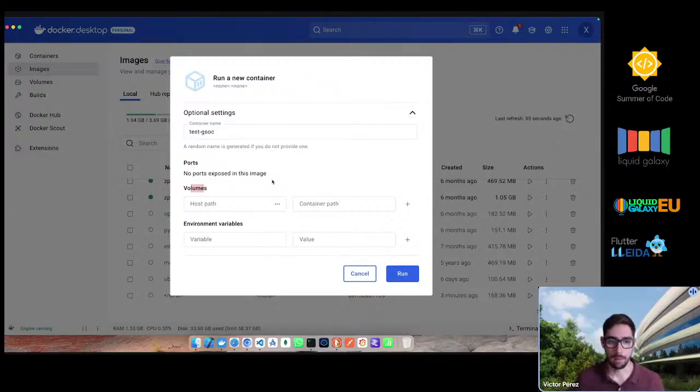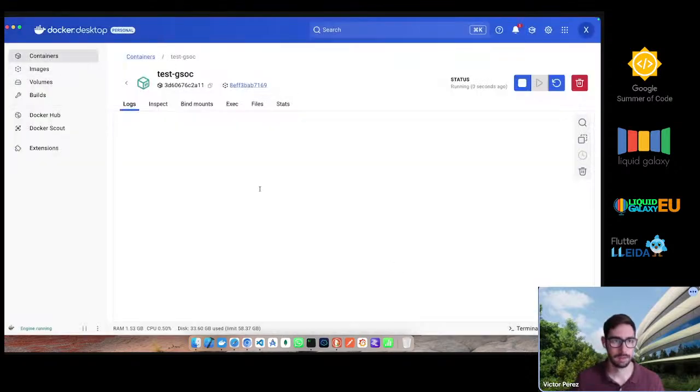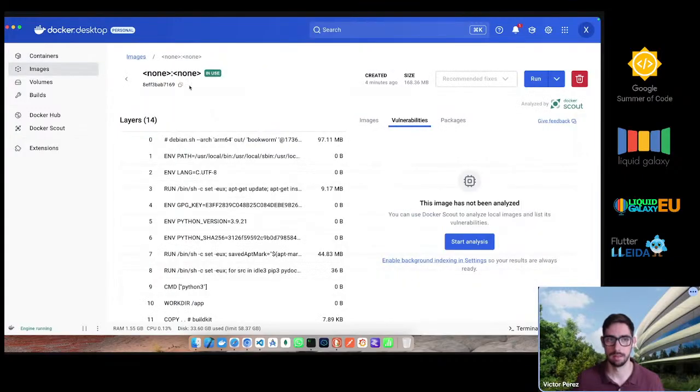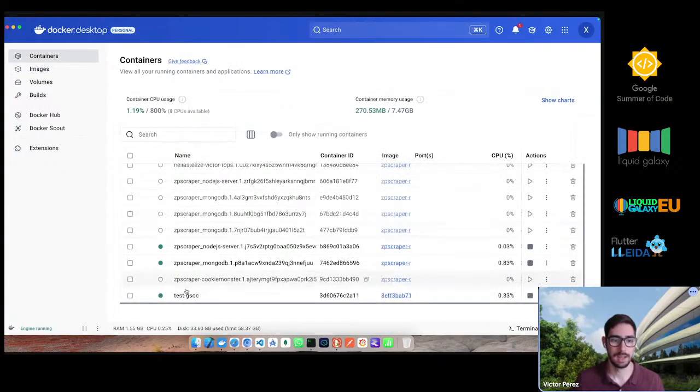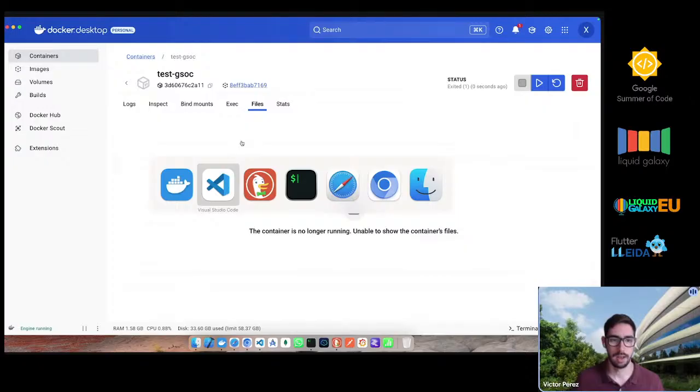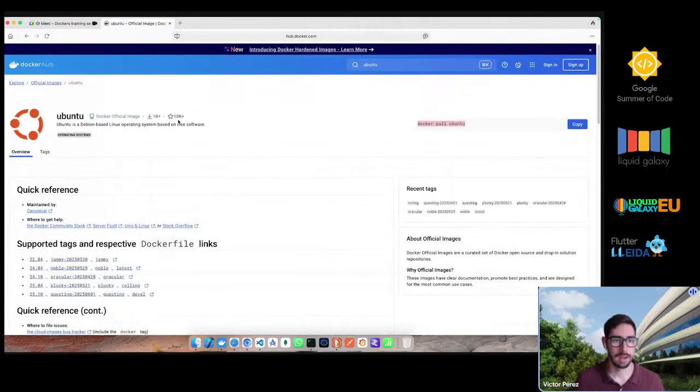Okay. Anyways, so I'm going to go to run. This is probably going to fail because it's got a lot of dependencies. But right now, if I go to containers, you see a container called test GSoC using the image none in this case, because I forgot to add the name, but our image is running. Okay, and now what I want to show you is that here you should be able to see some output. In this case, it's not going to work. I'm surprised it's still working. You can go to files, and what I want to show you is that, okay, yeah, it died. I'll show you later. Going back to the slides,